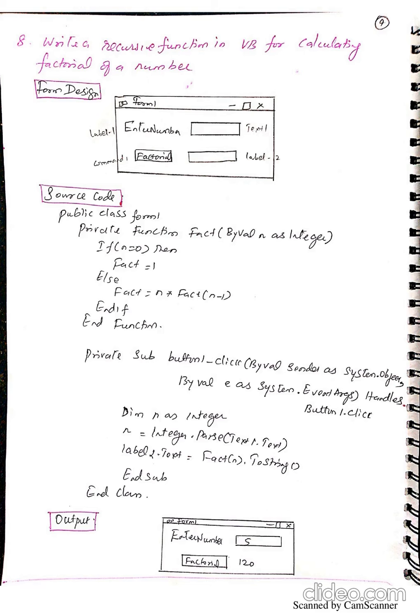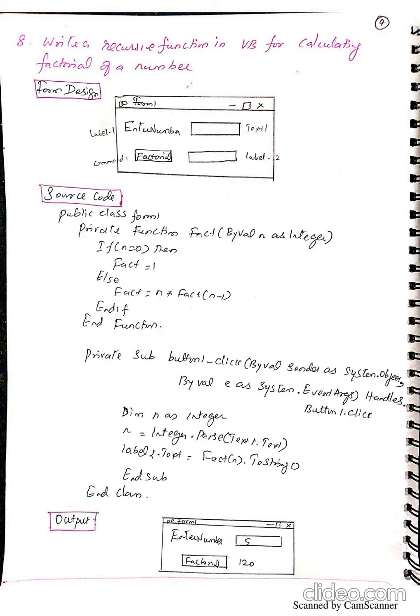Question number 9. Write short notes on data grid. Data grid control displays the fields of a data as columns in a table. Each row in the control represents a record in the data source. The control supports selection, editing, deleting, paging, and sorting. A data source can be simply bound to the data grid and it automatically displays records.